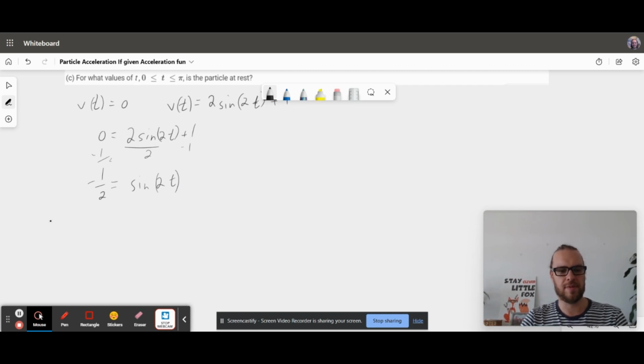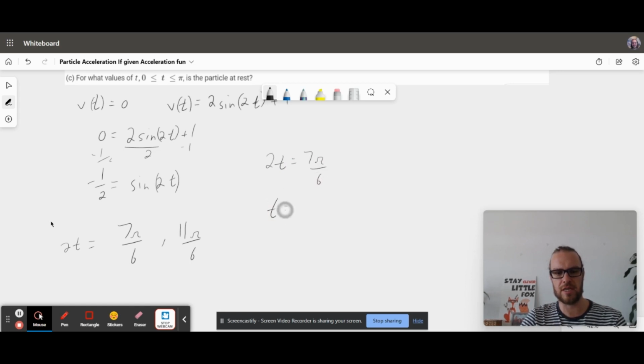negative a half? That happens at 7 pi over 6, and it's also going to happen at 11 pi over 6. However, we need to remember that it's not t equals these things, it's when 2t equals those things. Therefore, if we think of those two things separately, we've got 2t is equal to 7 pi over 6,